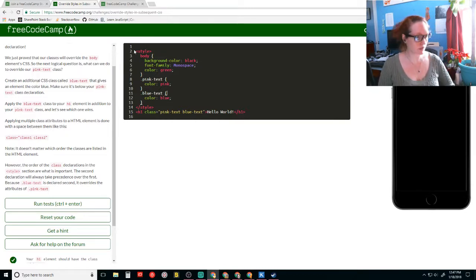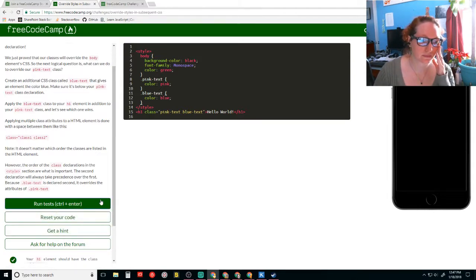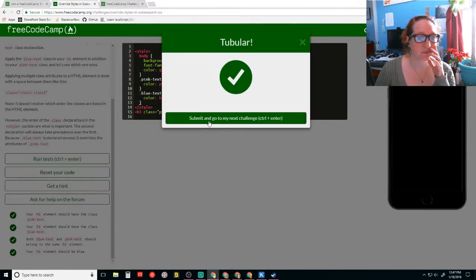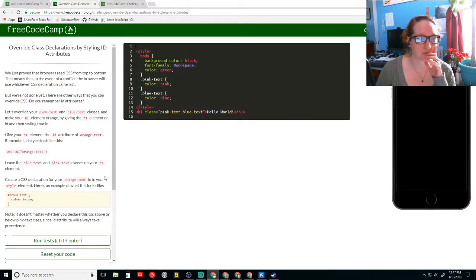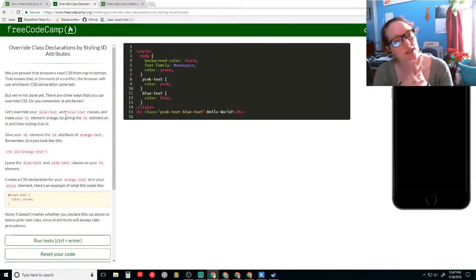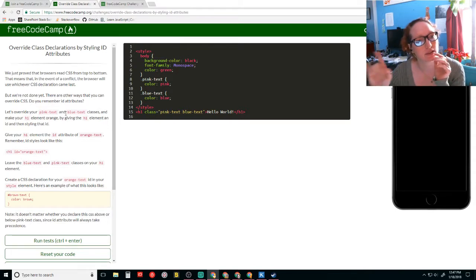Quotes. All right. Okay, so CSS from the top to the bottom. In the event of a conflict, it uses whichever one is last.